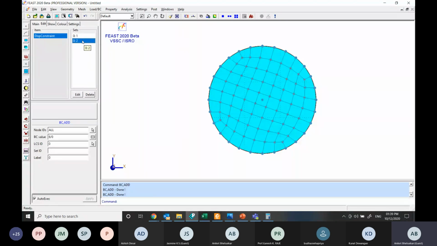In between, if you have applied any other boundary condition by mistake, you can simply delete it by clicking on this, and here you can click on delete. It will delete the